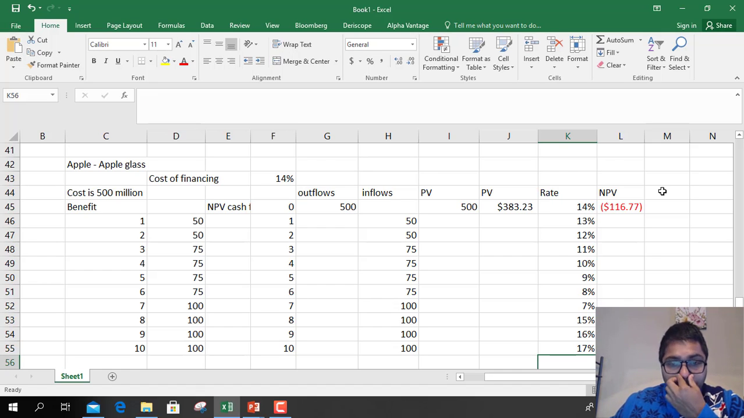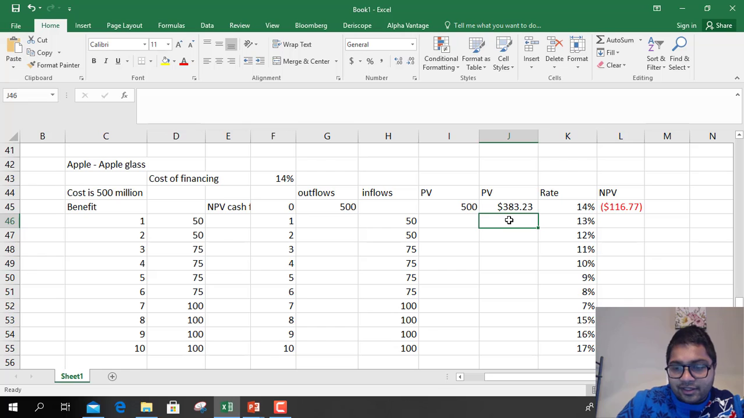So what are we doing? We are assuming that the cost of financing can change. We can get money at a lower rate. So what would be the impact of the cost of financing on NPV? So NPV, you know, this is for 14%. So present value will keep on changing. So let's calculate present value